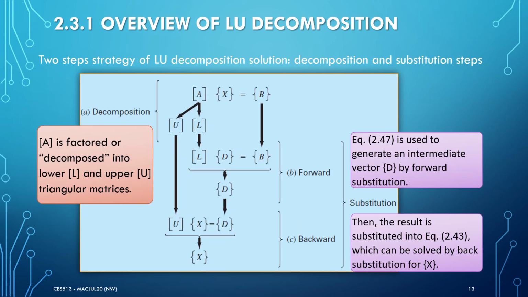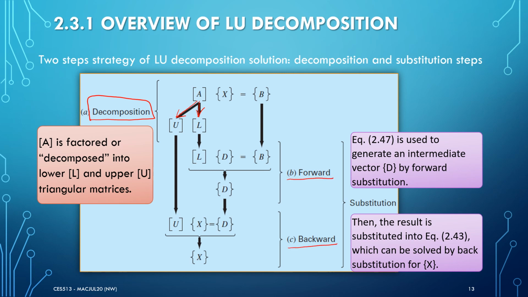The figure here shows this two-step strategy of LU decomposition solution, which consists of decomposition and substitution steps. For the decomposition step, matrix A is decomposed into an upper matrix and a lower matrix, and then followed by the substitution steps, which consist of forward substitution